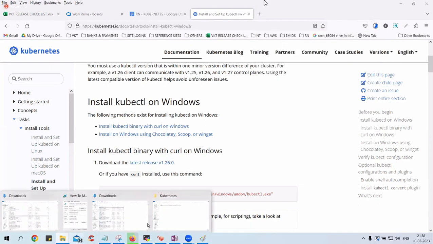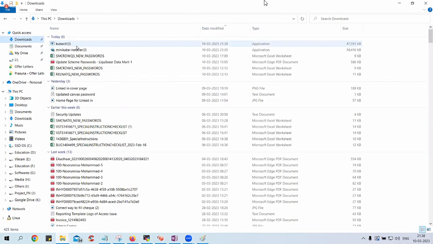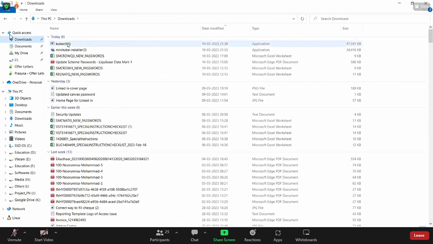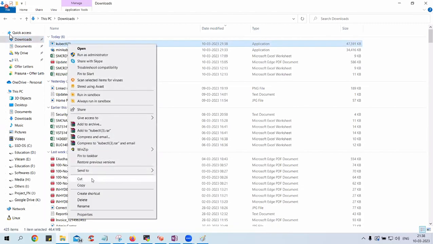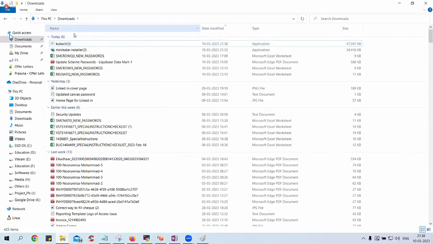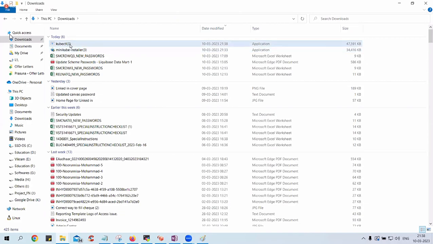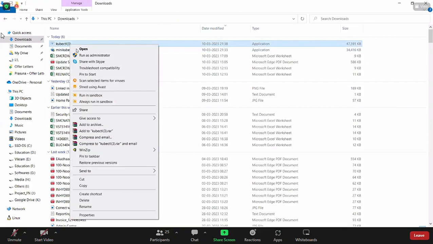So once it is downloaded, go back to your downloads. Whatever you see that is downloaded, your duty is to simply right click, cut here. Please understand this step. This is one of the steps that you have to do very carefully. Right click, cut. Don't install this, guys. It will not install also.